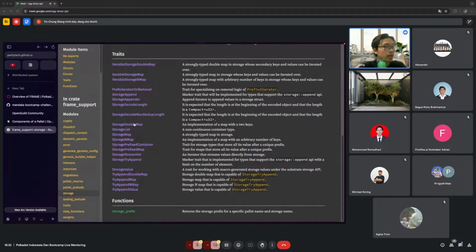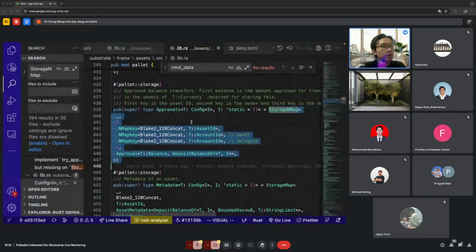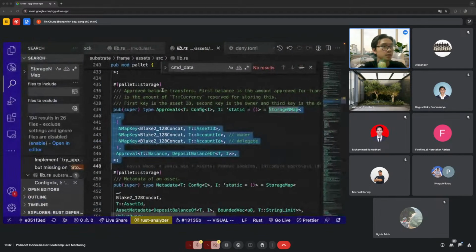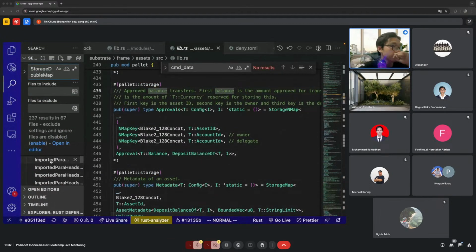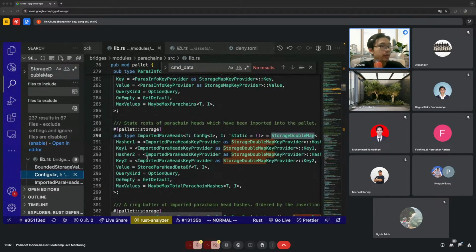There's another storage type that I think is also useful, the storage double map. It's basically similar to the storage map, but it only accepts two keys. Now we go to the storage double map. As you can see, it only accepts key 1 and key 2.